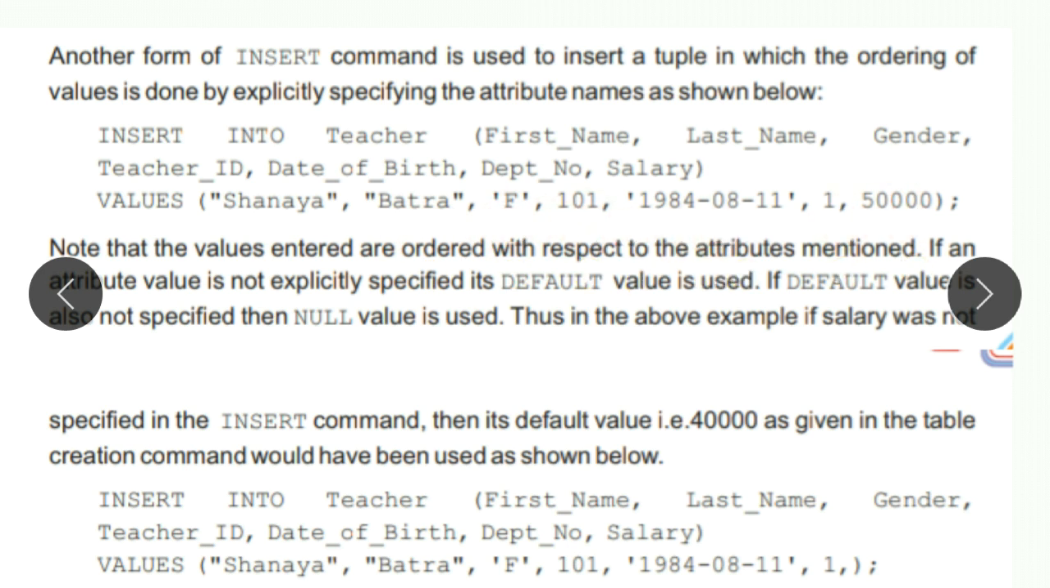Now note that the values entered are ordered with respect to the attributes mentioned. If an attribute value is not explicitly specified, its default value is used. If a default value is also not specified, then a null value is used. Thus in the above example, if salary was not specified in the insert command, then its default value, that is 40,000, as given in the table creation command, would have been used as shown below. It means if you have not mentioned the salary,